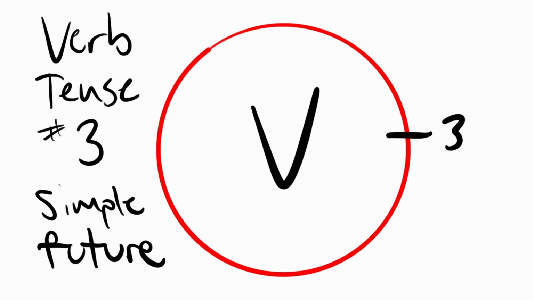Today we're going to be talking about the simple future tense. So the simple future tense has, again, one really simple function. And just like all of these simple tenses, the simple future tense is dealing with the whole idea of whatever the verb is. So whether it's an action or a state of being, we're talking about it in its entirety, which means there's no sense of duration of time within the action or the state of being. That's sort of definitive of the simple tenses, whether it's past, present, or future. So the simple future tense is simply taking that complete idea of whatever the verb is and moving it into